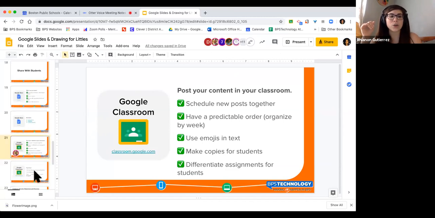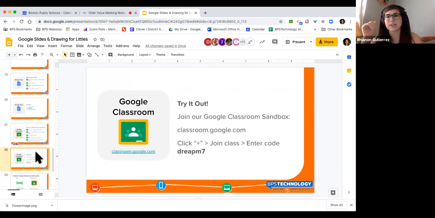In addition, we also have a sandbox that you can join today if you would like to see how we've structured things in our Google Classroom for students, because this is actually really, really helpful, I think, for me as a learner. Kate can testify to this as well, it just helps to see it be modeled. So if you wanted to come into this space on your own and see how we structured it, please do so. If you need more one-on-one support, we have those opportunities for you as well.